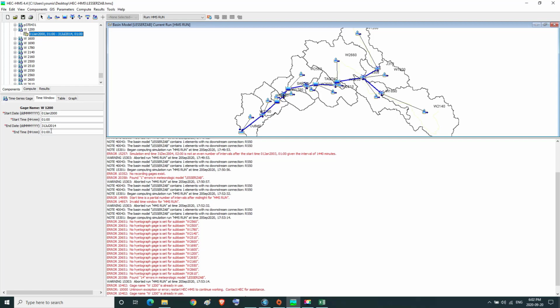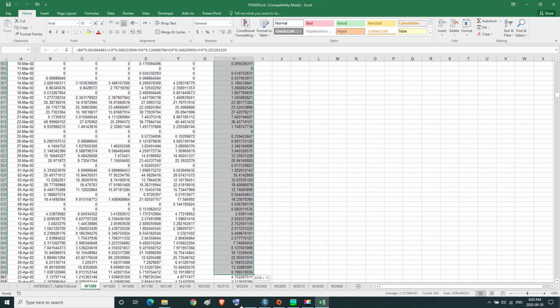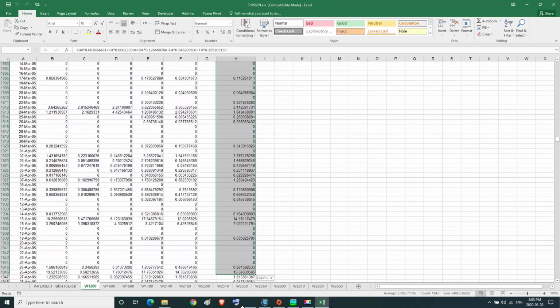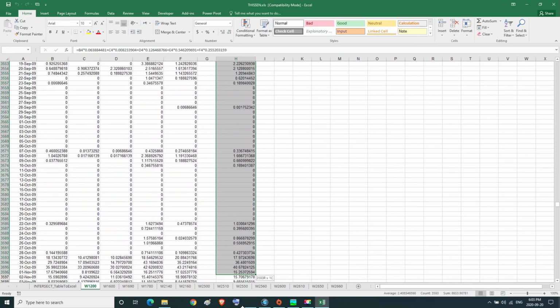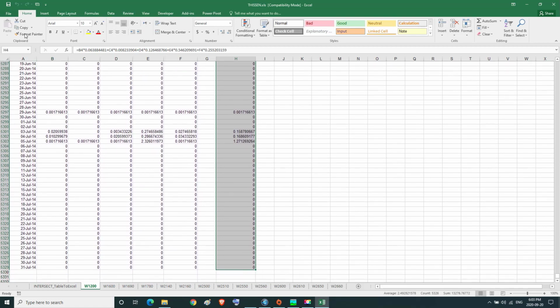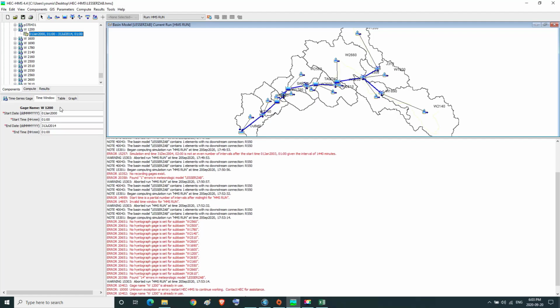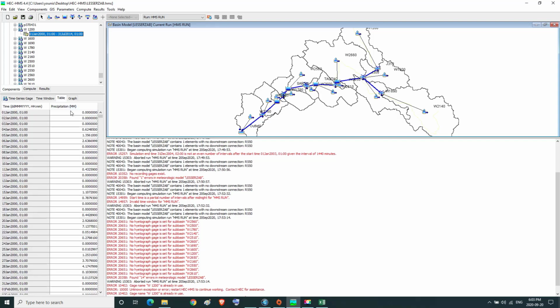Then we go to the Excel file, and in it we go to the first subbasin W1020 and we activate the average precipitation data in the subbasin W1020 by Thiessen polygons method. Then we copy them and transfer them to the table of the gauge or station of the subbasin W1020 via paste.